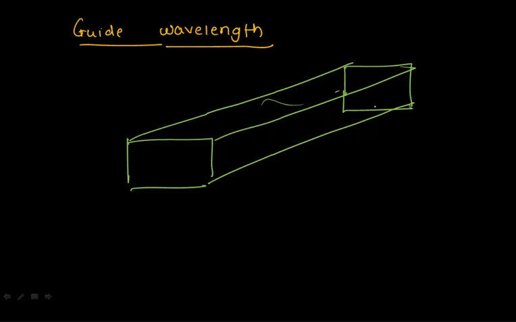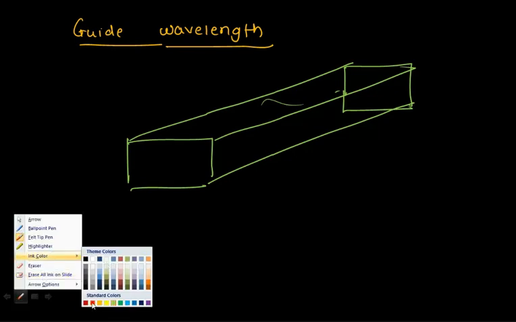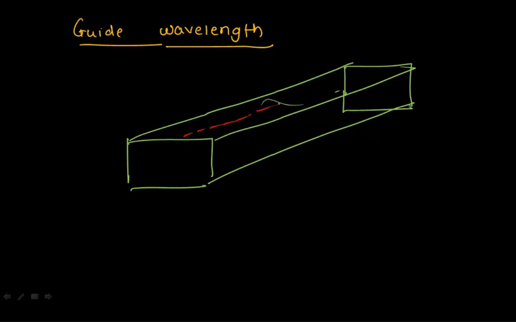Now, it is defined as the distance traveled by the wave in order to undergo the phase shift of 2 pi radians. So inside this waveguide, how does that particular wave travel? If this is the wave which is traveling inside the waveguide, this transition of 2 pi radians will be called lambda g. Okay? So you can denote it with another constant, which is nothing but lambda g is equal to 2 pi by beta.